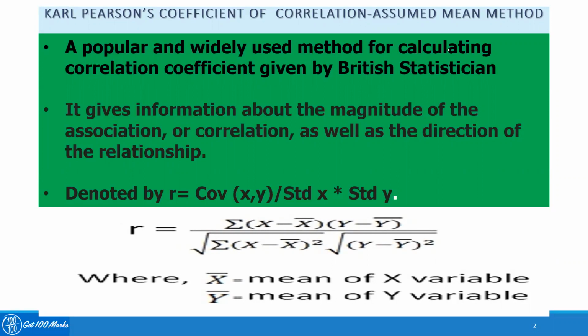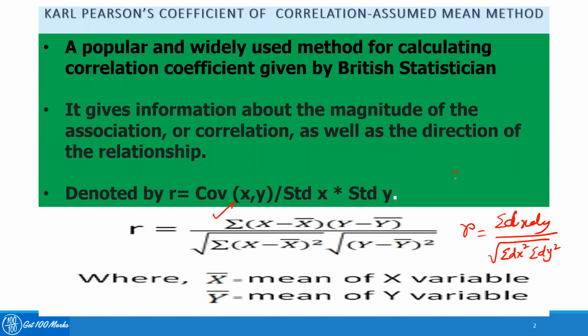By this coefficient, we can identify whether the correlation is positive, I mean both variables have a direct relationship, or both variables have an inverse relationship, by seeing the sign of r. The formula we normally write is r equals summation of dx dy divided by square root of summation dx square into summation dy square. The same formula I have written here in this way.